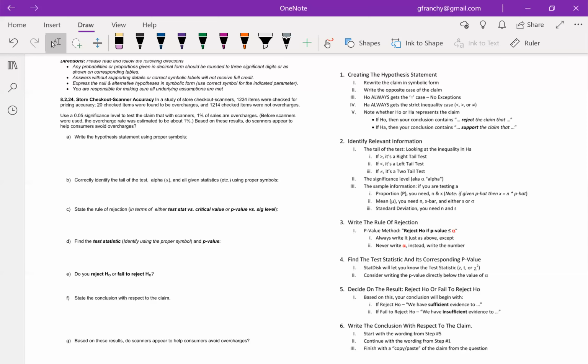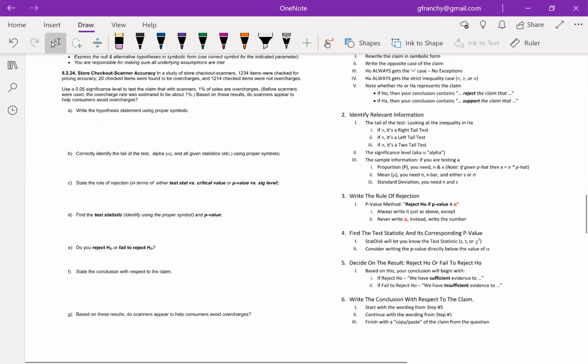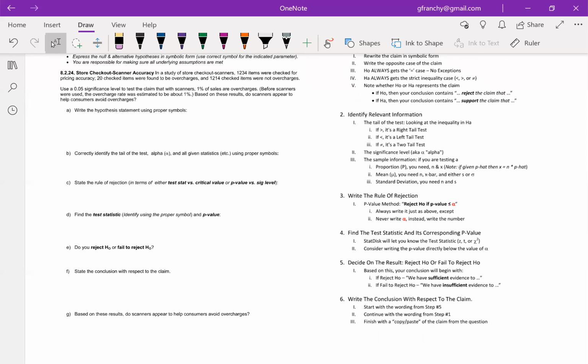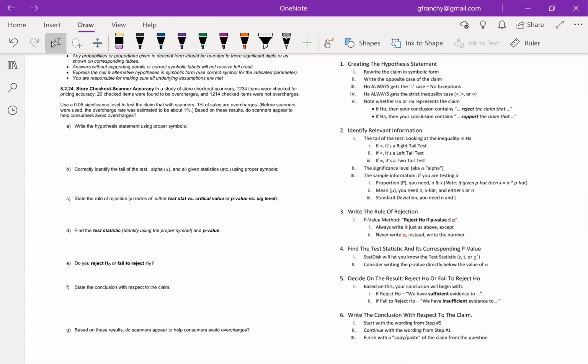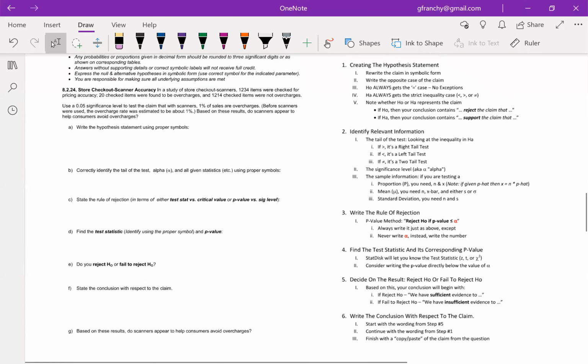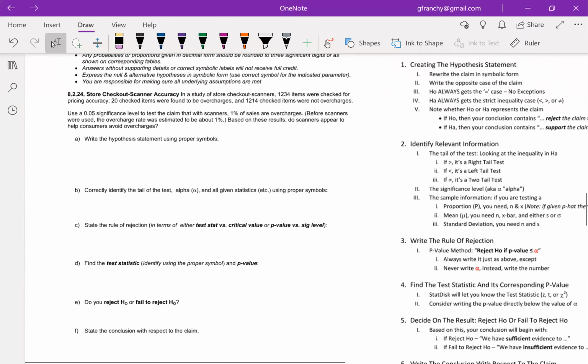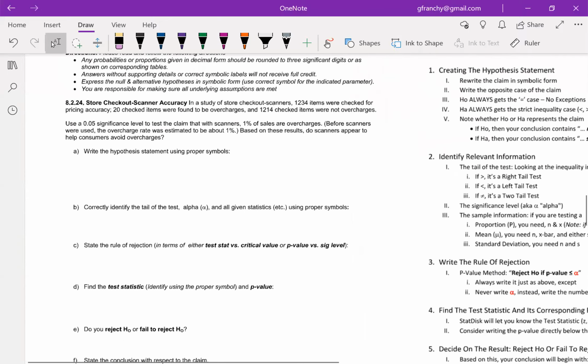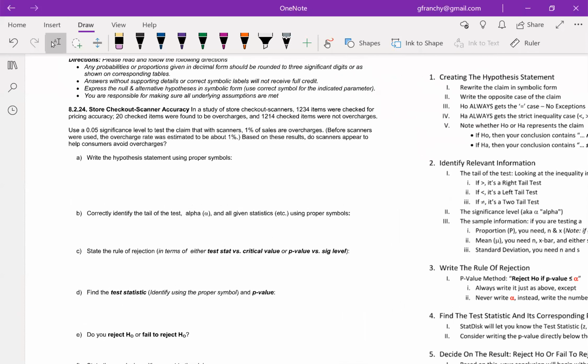And also, the way that I've typed up the instructions here, part A goes with step 1, part B goes with step 2, part C goes with step 3. So I lay this out to correspond to the steps of hypothesis testing. So I'm going to zoom in, and what you should always do before beginning is read through the directions and then fully read through